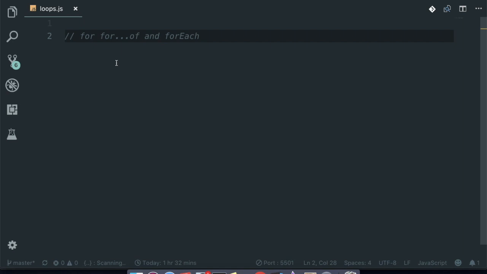In this video, I will create a 50,000 element array which contains numbers, and I will also perform some tests, like looping over that array with 3 different types of loops: for, for of, and forEach, and we will see which one gives better performance and which one is the fastest here.